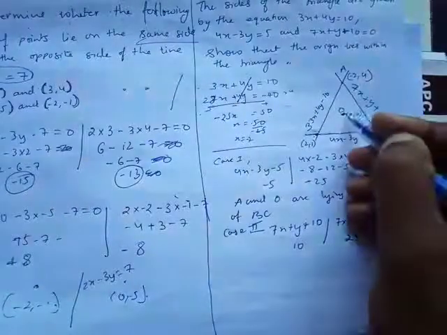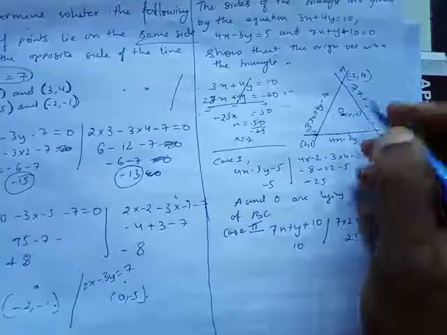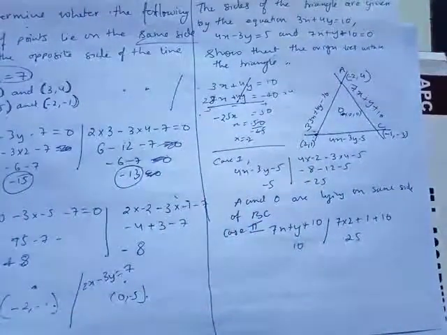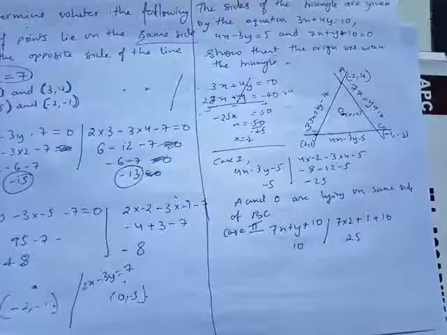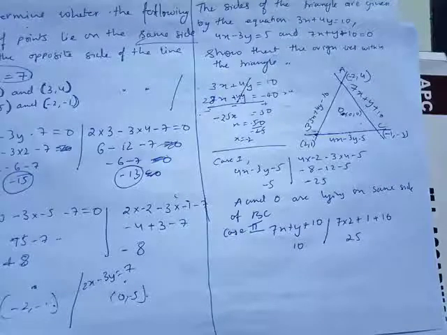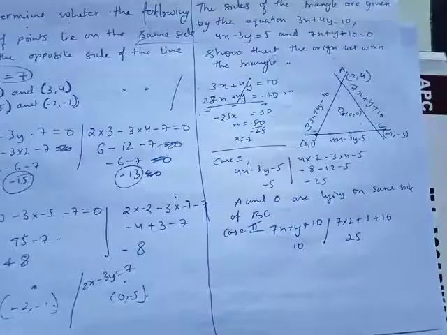It's not necessary it has to be midpoint. It can be over here, it can be over here, it can be over here, but we just have to show it's in the interior part of the triangle that is being formed by the 3 lines that have been given to us. Okay, so that's how we do this type of question, and at the end you just have to write a statement. Yeah, from case 1, 2 and 3 we observe that O is in the interior part of the triangle made by the lines that are intersecting each other.